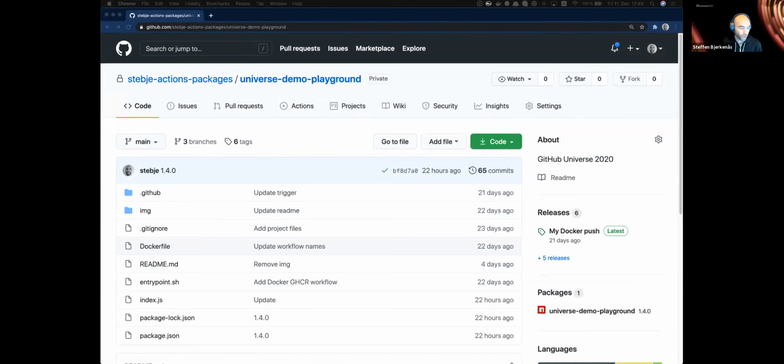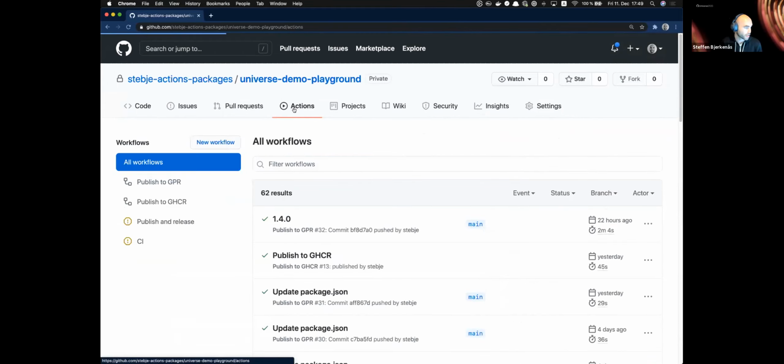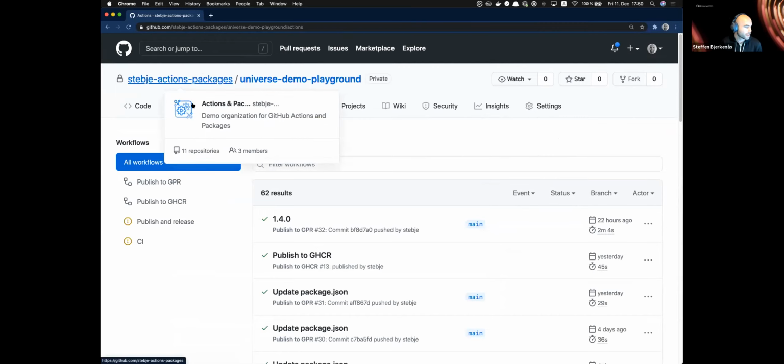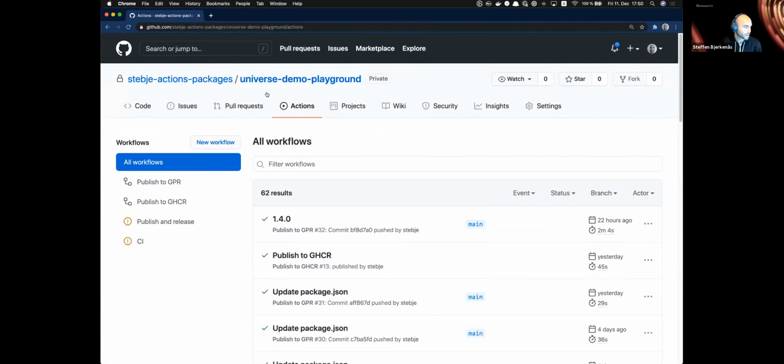All right, so let's start looking at a workflow that I want to use to publish an NPM package. The way I'm going to do that is first, I'm just going to click on this Actions tab here. So I have, first of all, my repository. It's behind an organization that I call Stabby Actions packages, right? But feature-wise, this is exactly the same, whether you have it behind your organization or your personal account. And what I see here is that I have 4